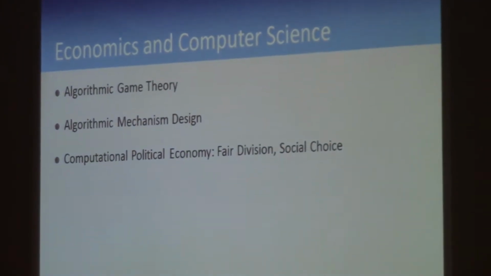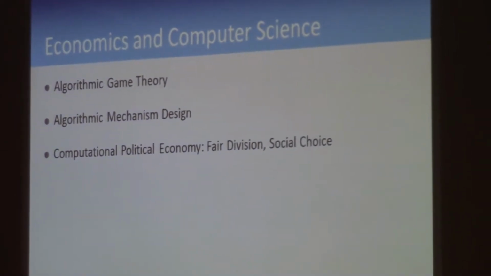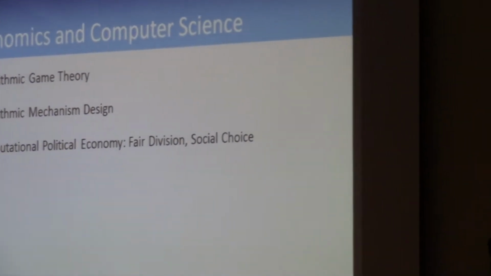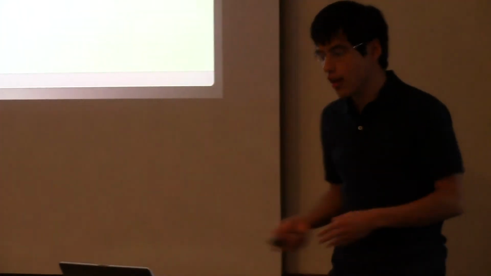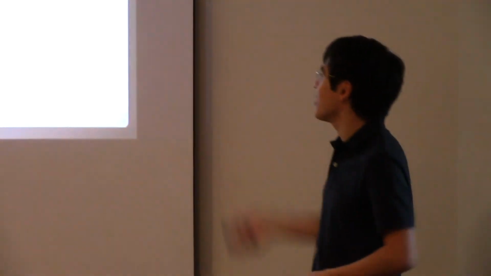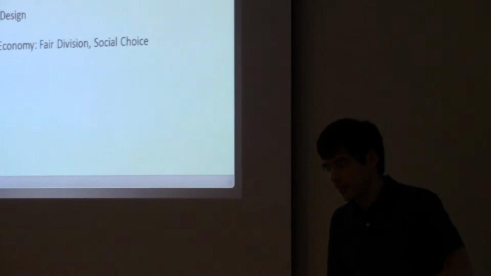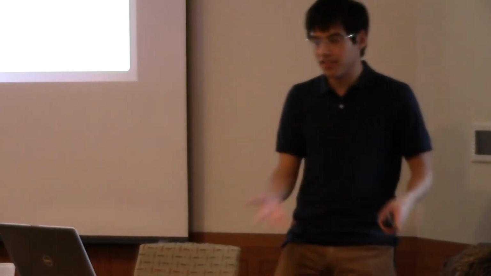The interesting thing is that these both lend themselves to a lot of algorithmic formulations and also a lot of algorithmic analysis. So you might try to come up with a solution concept for a game using techniques from computer science, ranging from the very theoretical foundations to artificial intelligence and machine learning, very world domination topics. And if you make it into computational political economy, there are topics like computational social choice and fair division, which is essentially how you take people's preferences and make something good come out of it. That's also a very computational problem.